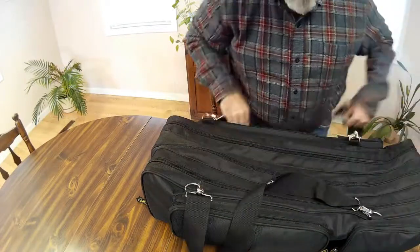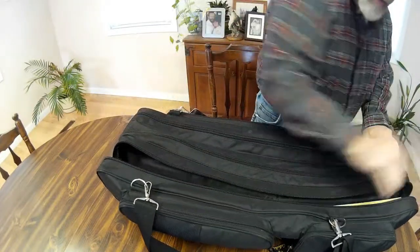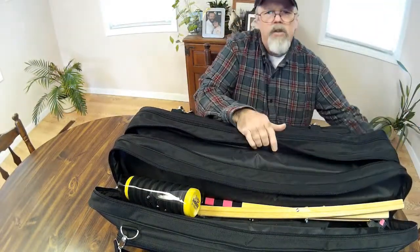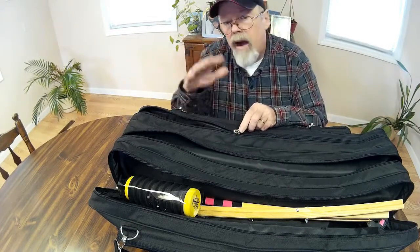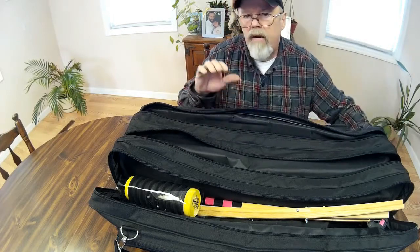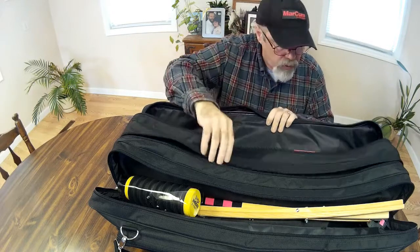Now, the main compartments in the middle is where I keep my tip-ups. Our regulations where I live in New York, you were allowed 5 tip-ups. Now, they changed it, you're allowed 7 lines. And that doesn't matter if it's a tip-down, tip-up, or rod. You're allowed those 7 lines. I still go with the 5